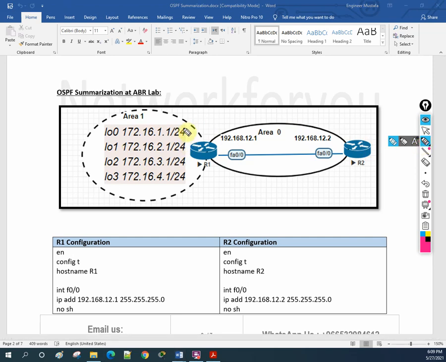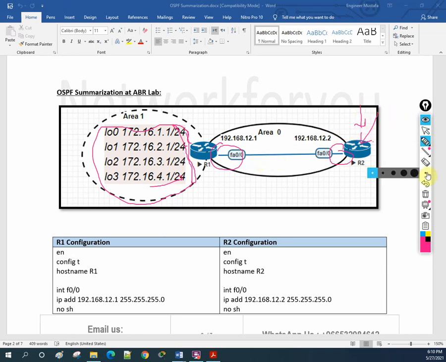What we will do is assign all these IPs to the loopbacks. I will put all these interfaces in OSPF, and this one in OSPF, this one in OSPF. Then we are going to check the routes here. You will get all the routes. Then after that I will show you a method. With that method you can summarize the routes, and then we will put that summarized route in this router. Then again we will check how the routing table is reduced.